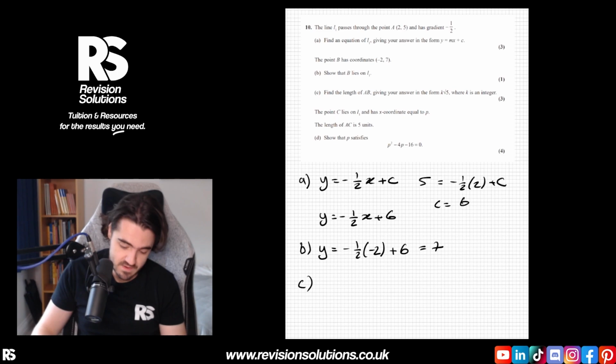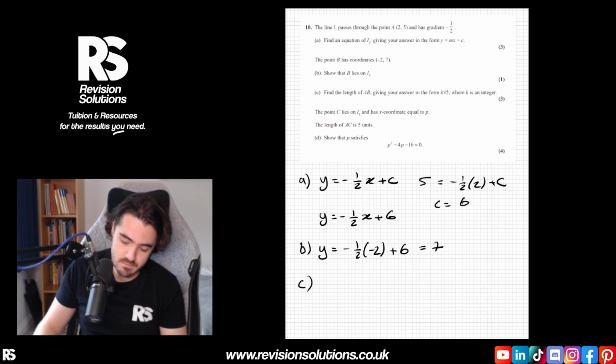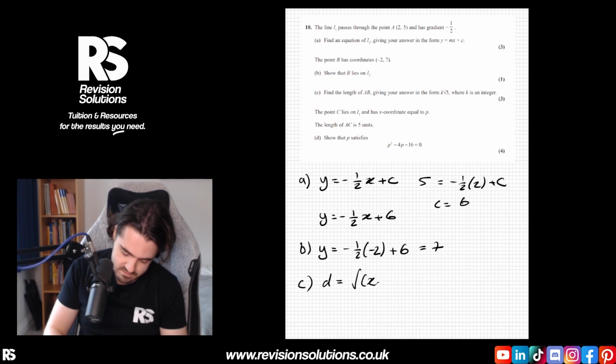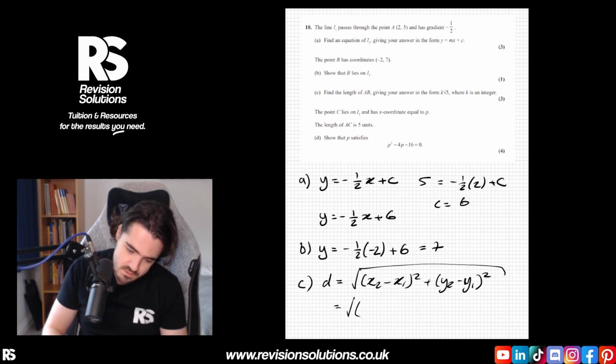Okay, now part C says, can we find the length of AB, giving your answer in the form k root 5, where k is an integer. So to start that, we're just going to use the distance formula. So distance is the square root of the difference in the x's squared plus the difference in the y's squared. And then if we say point 2 is point B and point 1 is point A, then we're going to have the square root of -2 squared plus 7 - 5 squared,